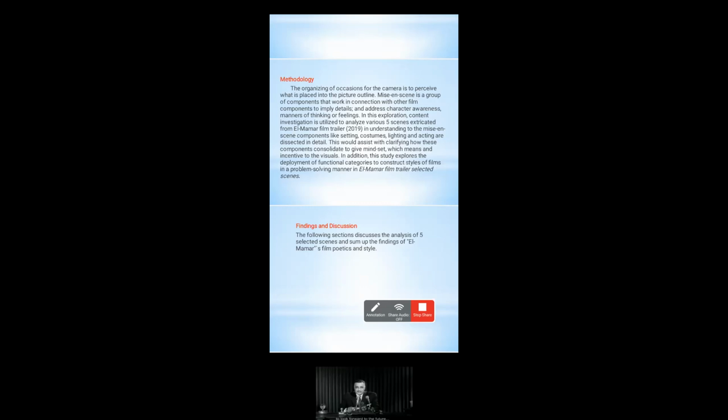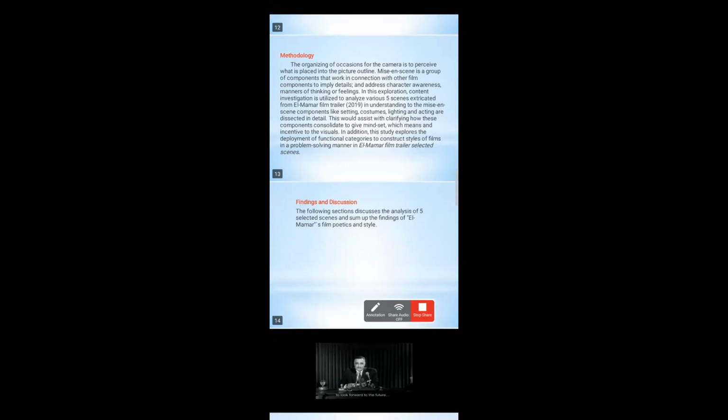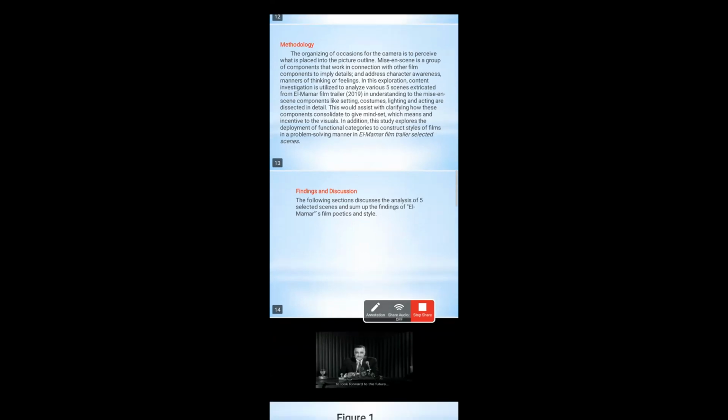So this would help clarify how these components combine to give mood, meaning, and value to the visuals. In addition, this study explores the deployment of functional categories to construct styles of films in a problem-solving manner in the film trailer. So I want to jump right away